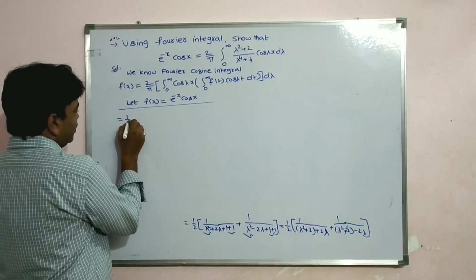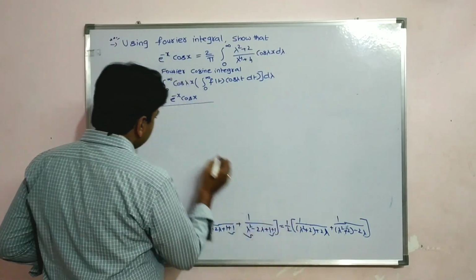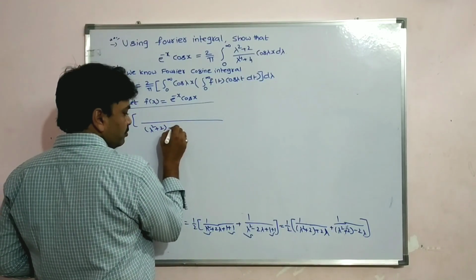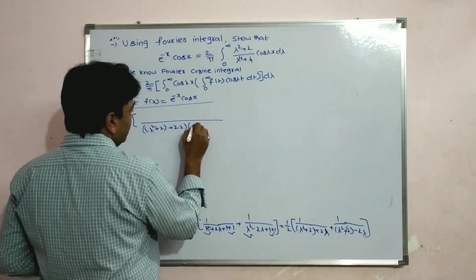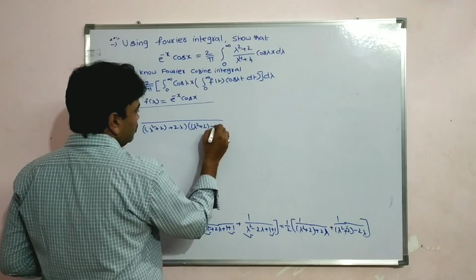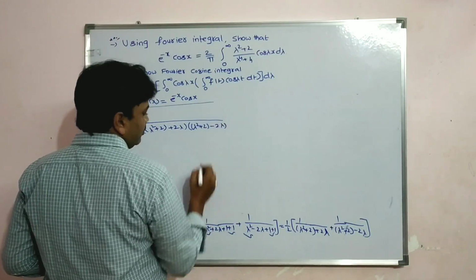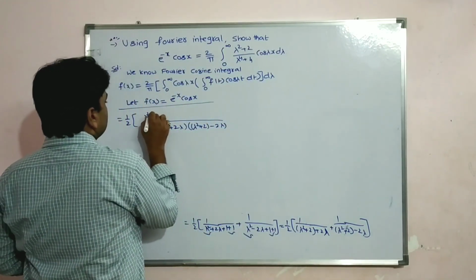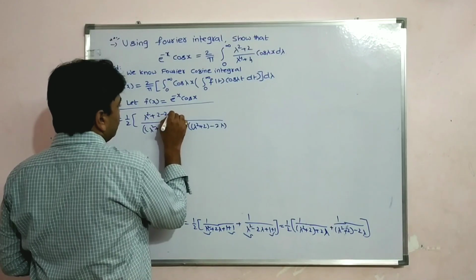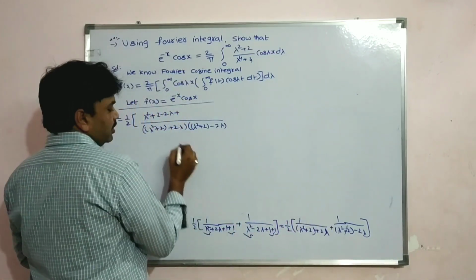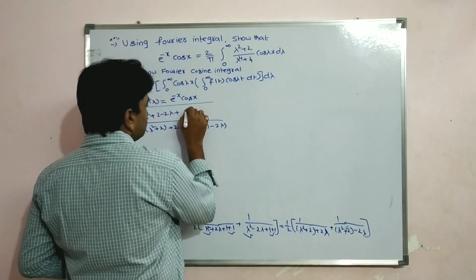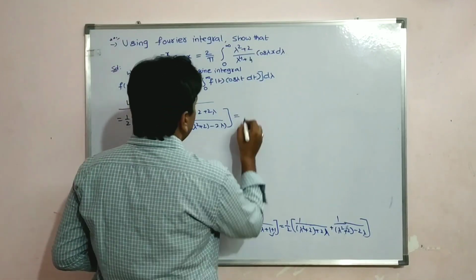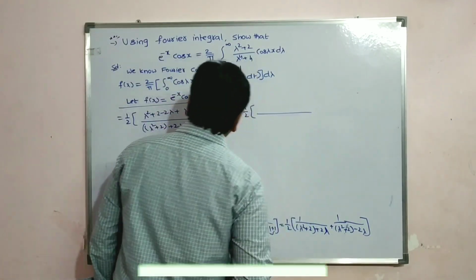That is equal to 1 by 2. What is the LCM here, students? Lambda square plus 2 lambda into lambda square plus 2 minus 2 lambda. Here we get the term, students, this one. So lambda square plus 2 minus 2 lambda. You have plus here. And here we get this term. So lambda square plus 2 lambda, bracket close, that is equal to 1 by 2 into, see students, it's like